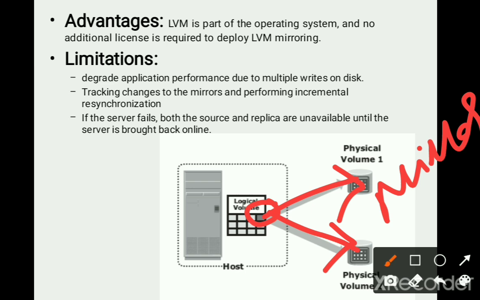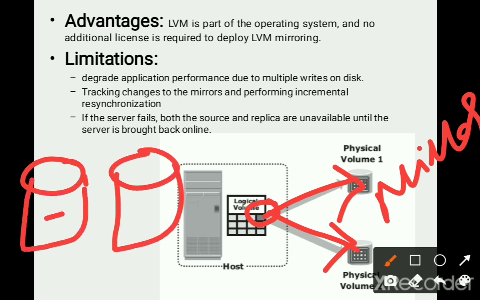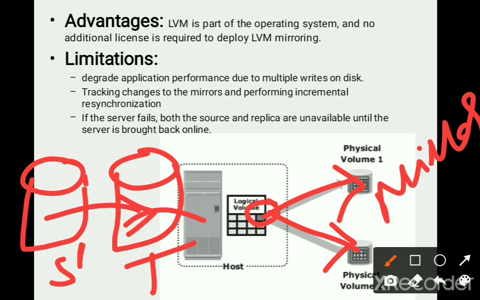In mirroring, in case there is a change in a source and it is already copied from the source to the target, and then again any content is changed in the source, that becomes S dash. Now it is difficult for the target to identify which content has been modified. So this is one of the problems associated with this one.